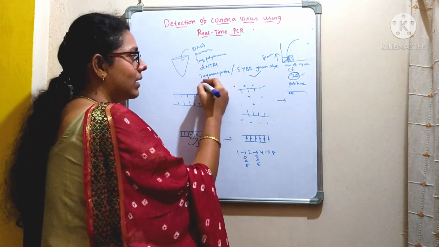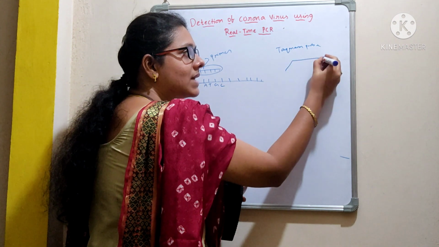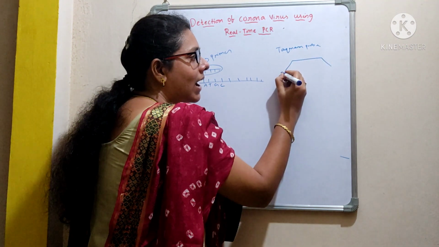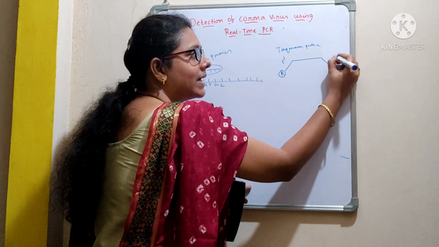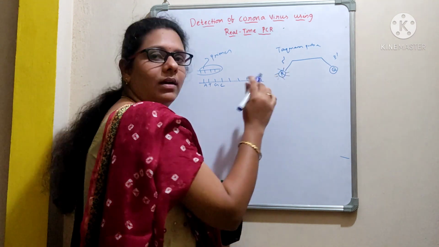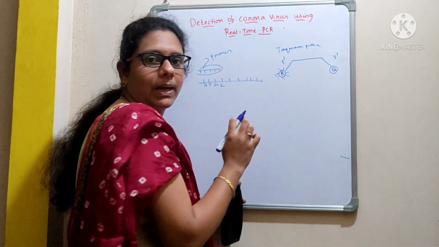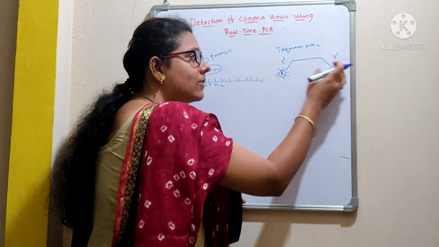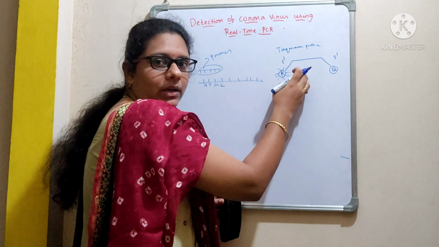You can use another probe called TaqMan probe. These probes are designed in such a way that they will have a reporter site at the 5' end and a quencher site at the 3' end. So this is going to fluoresce, and moreover it will have a quencher region at the 3' end. So this quencher will inhibit the activity of the reporter. This is a fluorescent molecule.